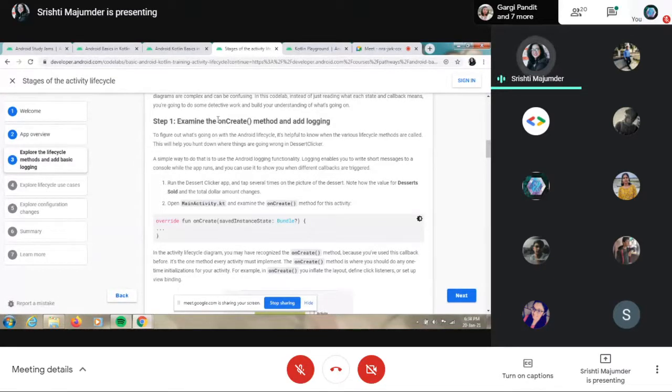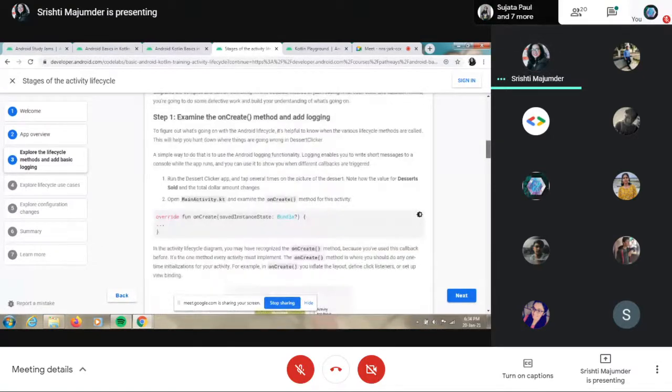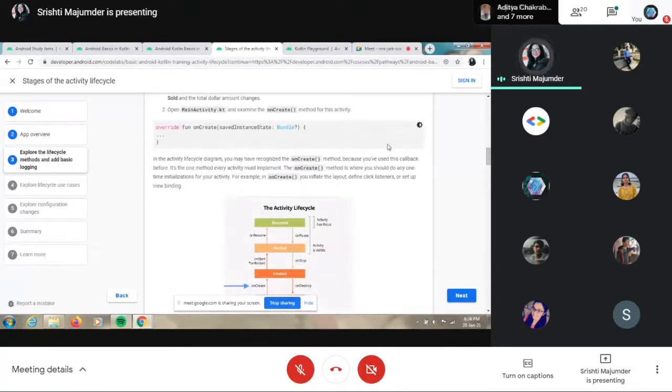We are going to use, as I mentioned earlier, the onCreate method. First, declare this function: override fun onCreate(savedInstanceState: Bundle?).